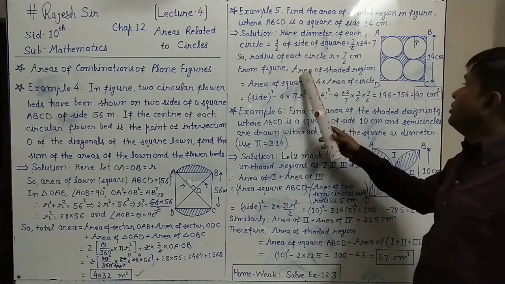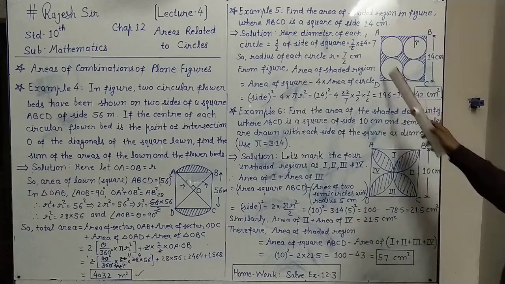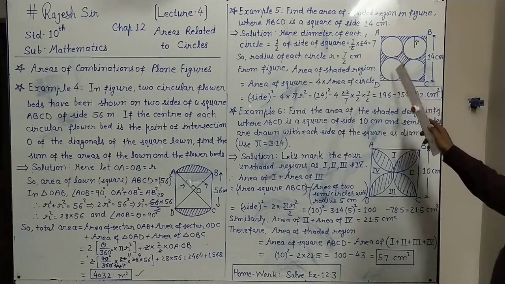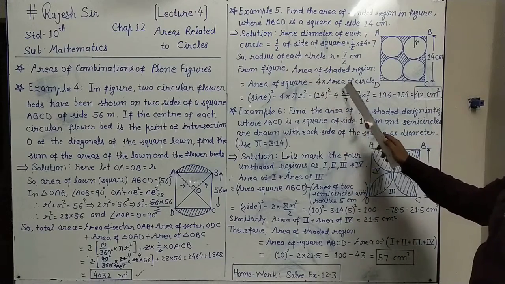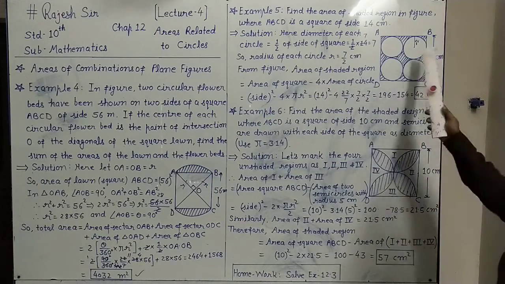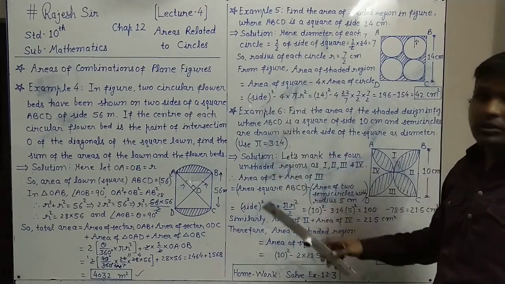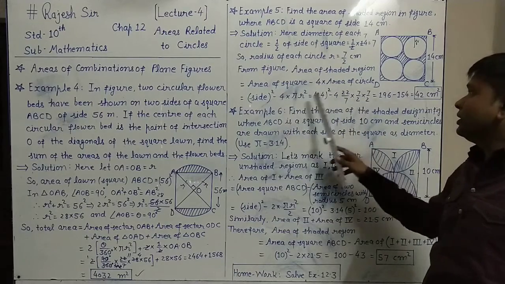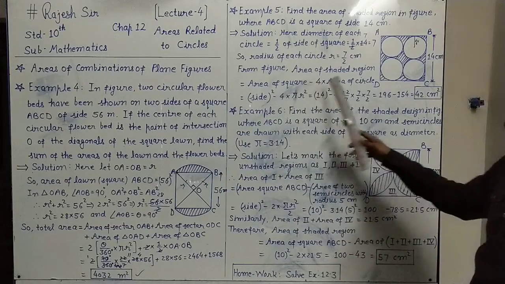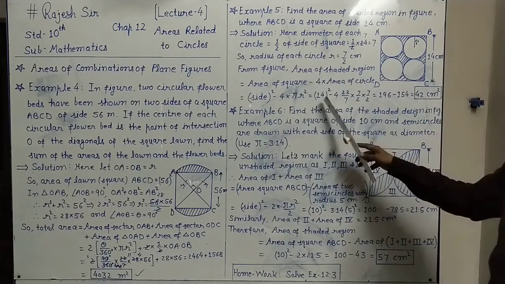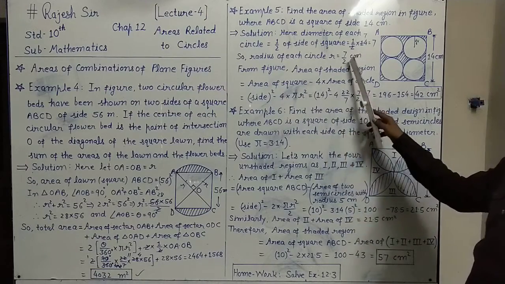So from the figure, the area of the shaded region is equal to the area of the whole square minus 4 times the unshaded area, that is the circle we subtract, minus 4 times the area of a circle. We will get the shaded region. The area of the square is side square, minus 4 times pi r square, the area of a circle being pi r square. This is the formula we have put. Now the side of the square is 14 square, minus 4 into pi, which is 22 upon 7, into r square. r is 7 by 2.